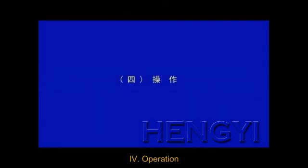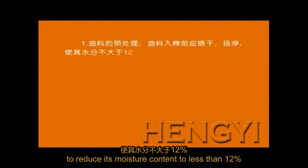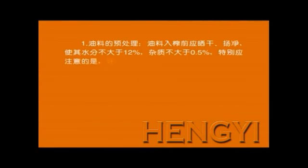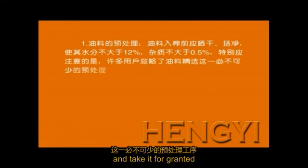Part 4. Operation. Pre-processing oil seeds. Before being pressed, the oil seeds should be dried and sifted to reduce the moisture content to less than 12% and the impurity to less than 0.5%. Many users neglect the pre-processing and take it for granted